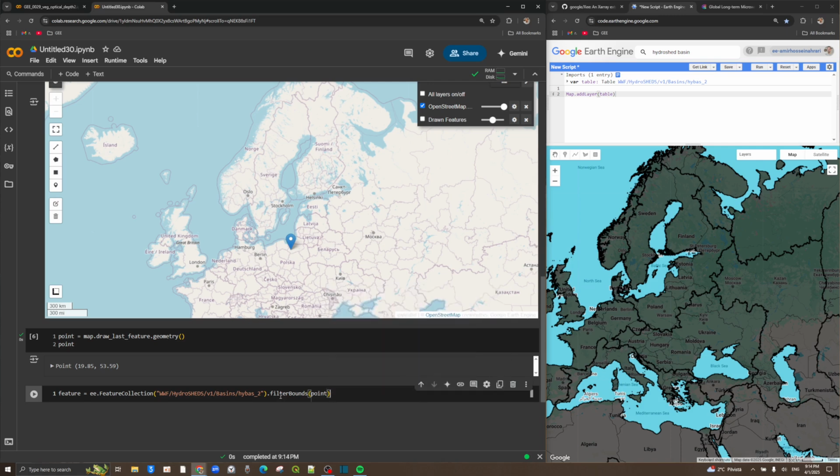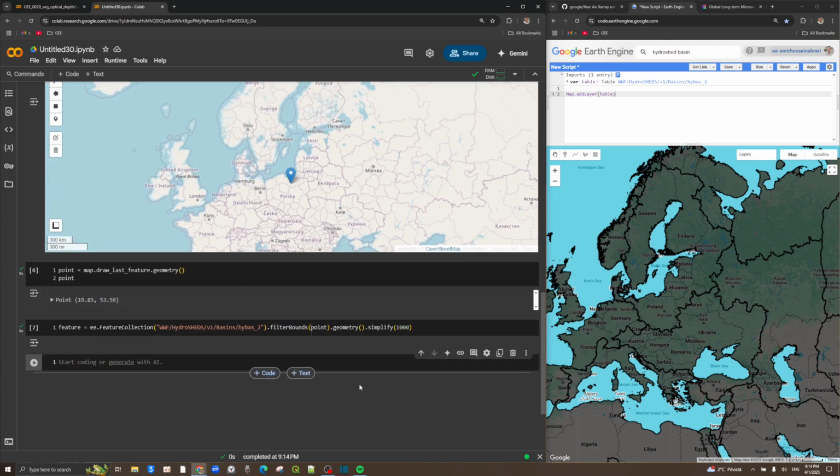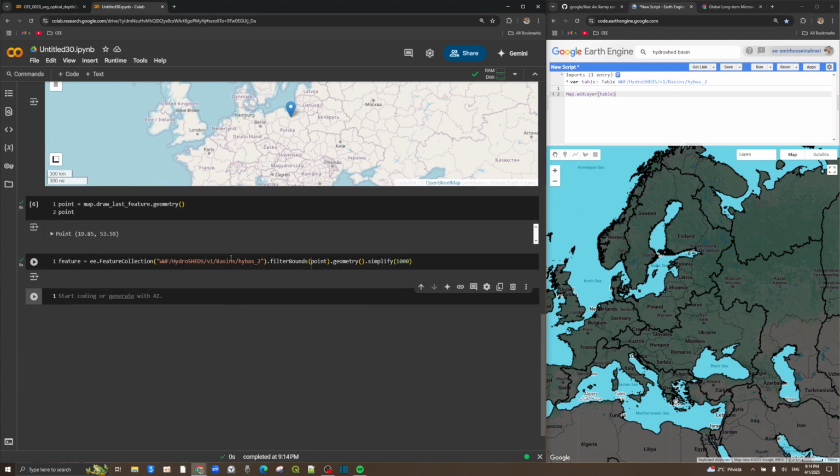There it is. Okay, now in the next step, convert it into a geometry again, and do the simplification. That simplify with 1000 degree. There it is. And in the next step, I'm gonna show you how to highlight or how to visualize the